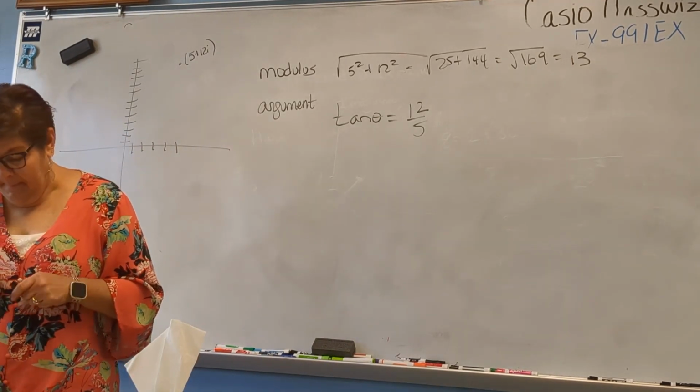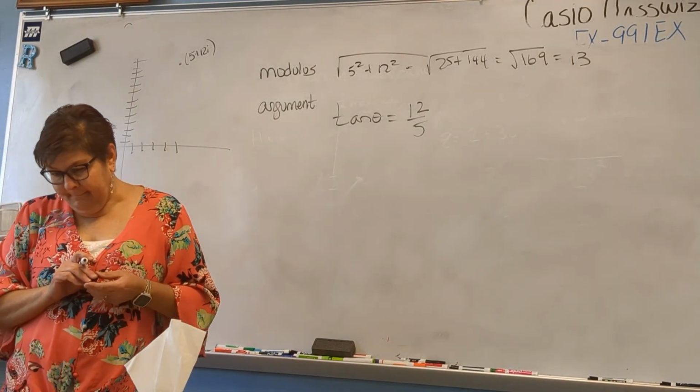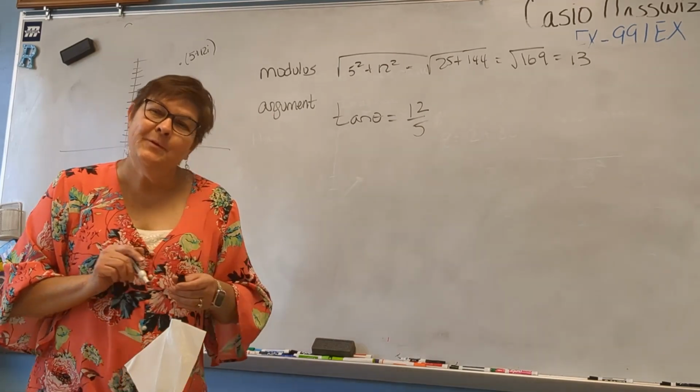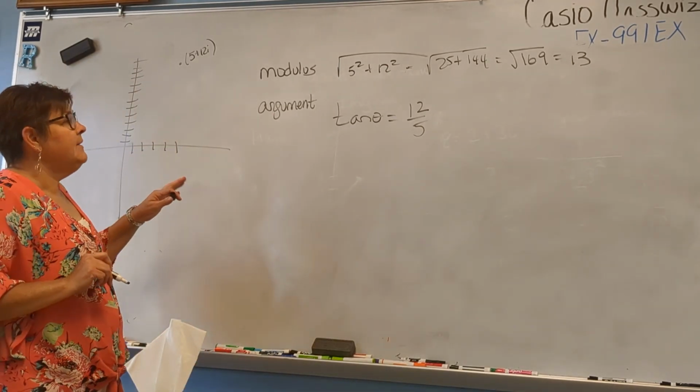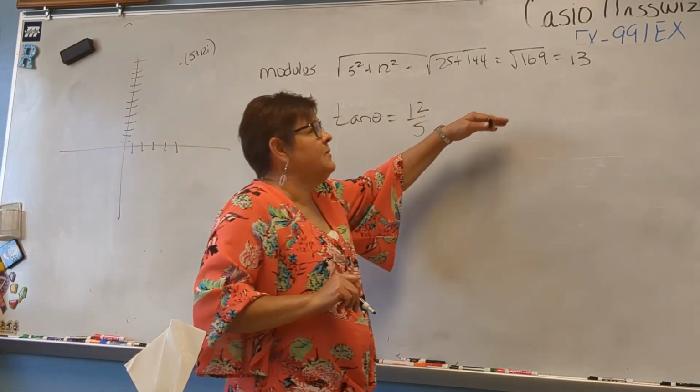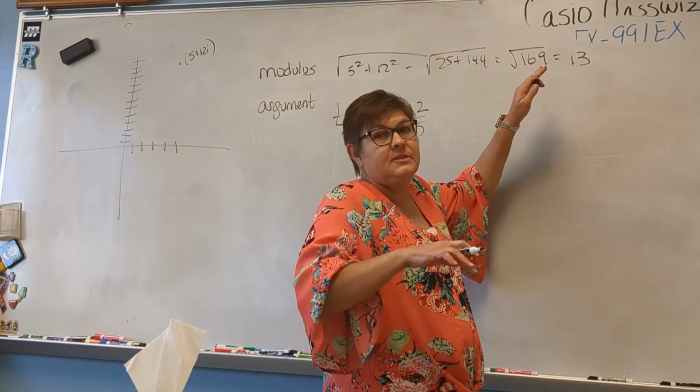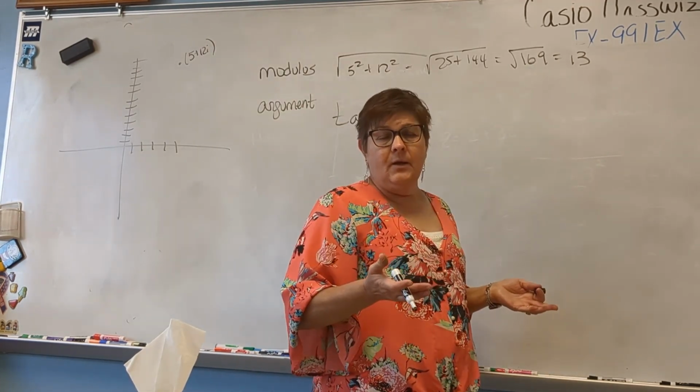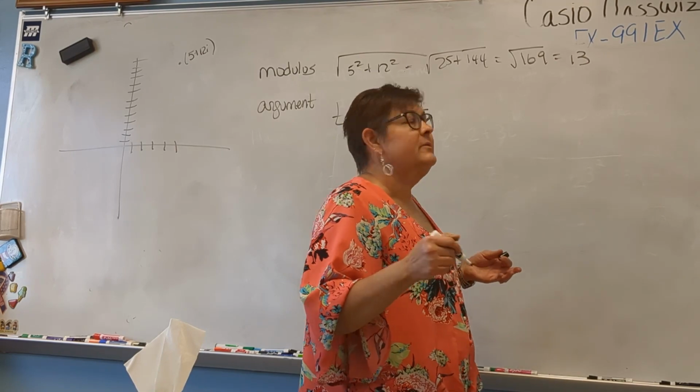For the modulus, will it always come out to be a pretty number? No. It would be nice. If it's not pretty, like if it turned out to be the square root of 159, you would just leave it as the square root of 159. Or if it was something like the square root of 160,